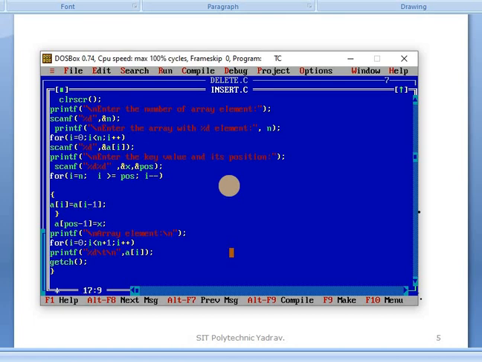Okay, after that we already saw the output. In that output, we gave n as 4, meaning i is equal to 4. In that, check i, meaning your element count is 4 and the position given is 4. Then check 4 greater than or equal to 4. Okay, condition true.